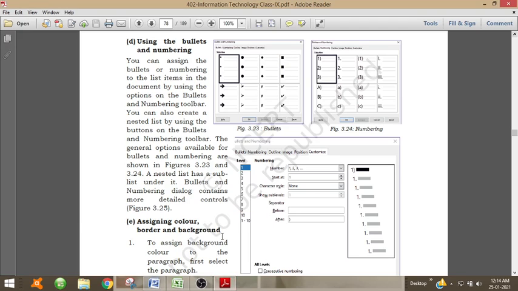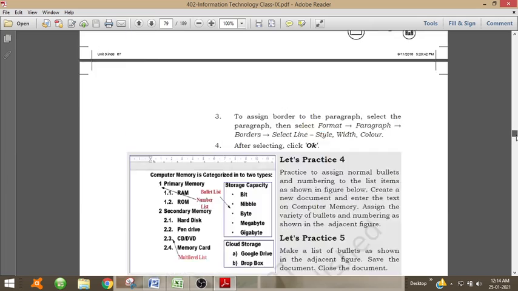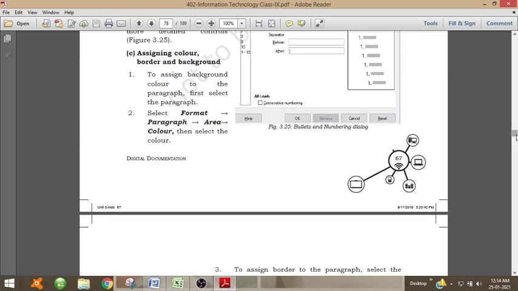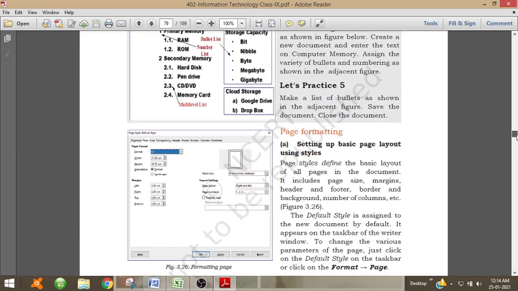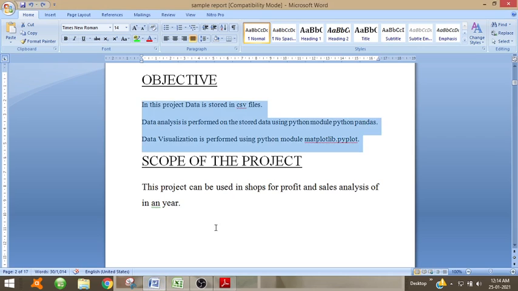Next is assigning color and border and background. Now we have given the background color. Now how we can assign a border to the particular page.